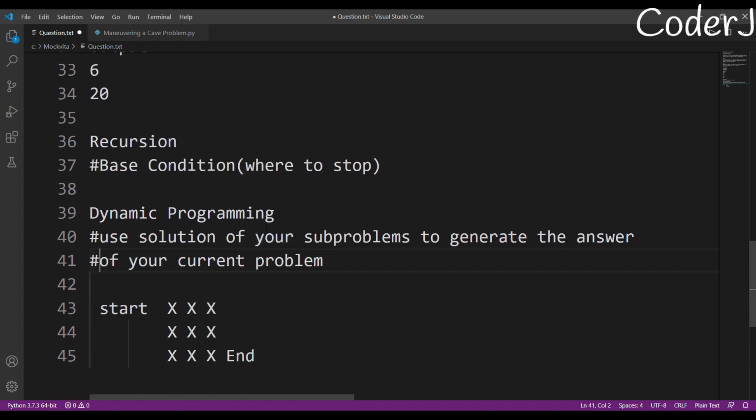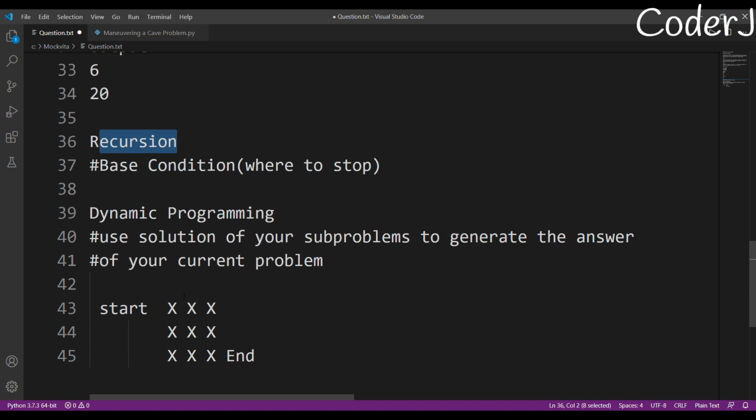For that, you need to at least have solved some subproblems. You need to at least know the answer of a few subproblems, and once you have created a few subproblems, it will have a ripple effect. You can just call your loop, and all of your unknown problems will be solved. I'll come to recursion a little bit later because it's very easy.